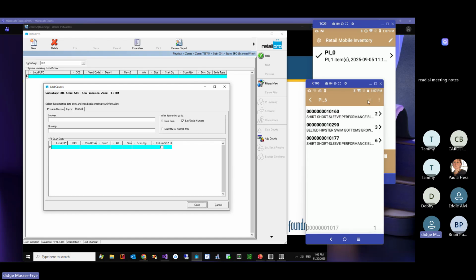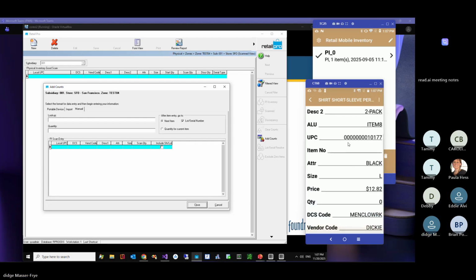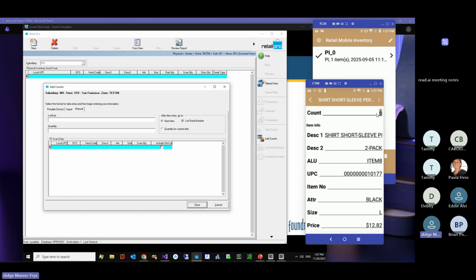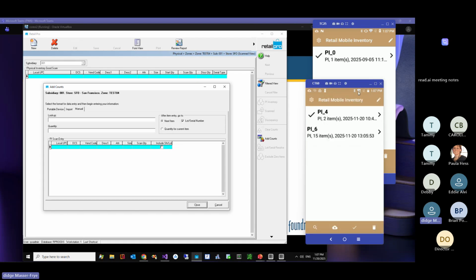There's a number up here which represents the total number of items that have been scanned. And you can click on an item and you can get details about it. And you can change the count here. So if that count was wrong, I can come in and change that. There we go. Like maybe I had 10 of those items. When you have finished your count, you click the back button here and come back to the home screen